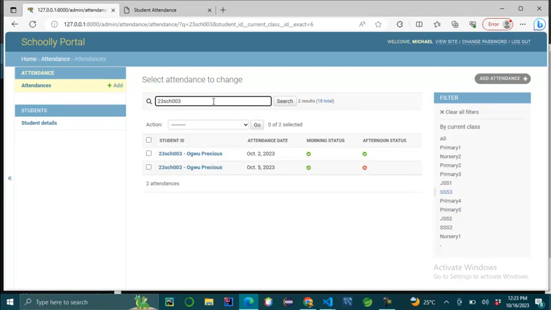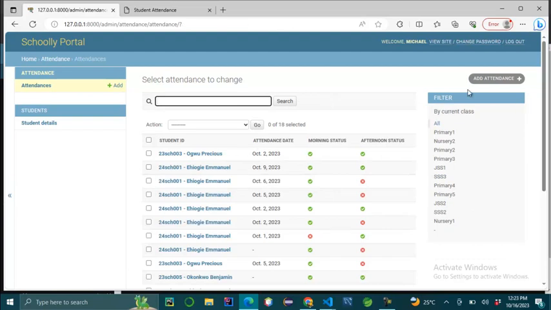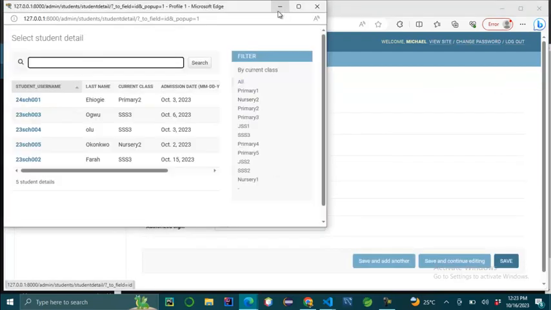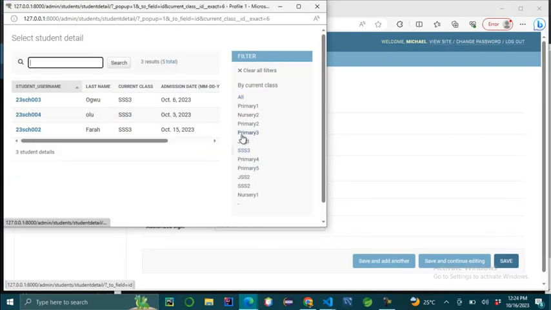Now we want to add new attendance to our class. To take a new attendance, we can clear the filter and then see all, check for our class. So let's take a new attendance. You click on the student ID like I have done, then filter by your class. You can see the list of all the students in your class. You can take it one after the other, or you can search for a particular student that you call and then save it. So I select this